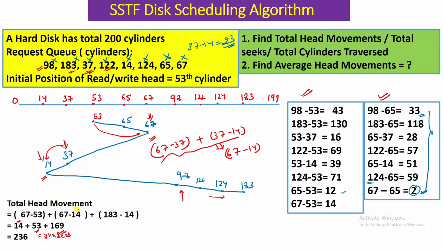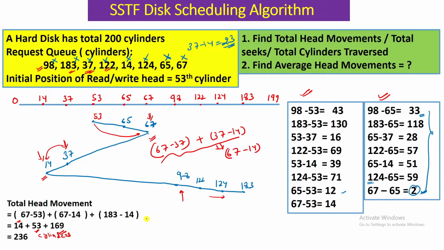And we saw that the total head movement will be 236. We have already discussed this example in our previous video. For a better explanation, you can find the link of this video in the operating system playlist, or you can find the link here in the I button. So do watch this video before understanding this C and C++ program.